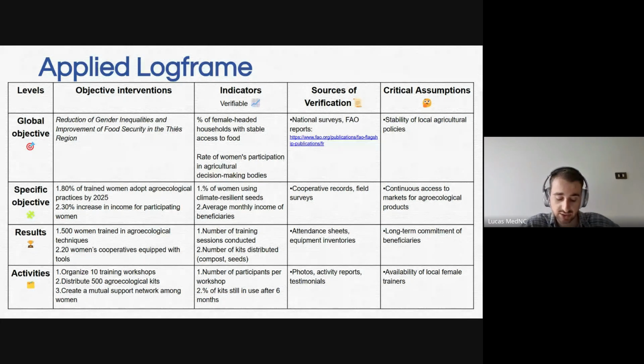If you have a change, for example, imagine that instead of training 500 women, you have trained 300 women, you have to be able to explain why. And if you have trained 600, you can also explain why, because it could be good for the project: you had good communication, so more people came to the training and you had the money to do it, so you did it. So it's not very rigid. You have to think about this tool as something flexible, but also a transparency matter with the people that are going to give you the money.